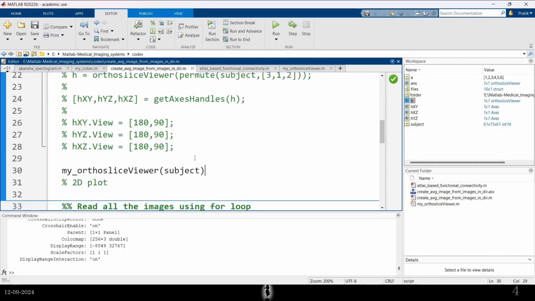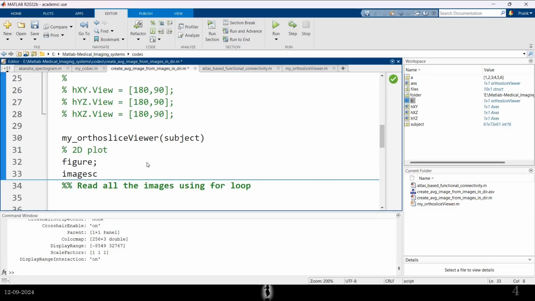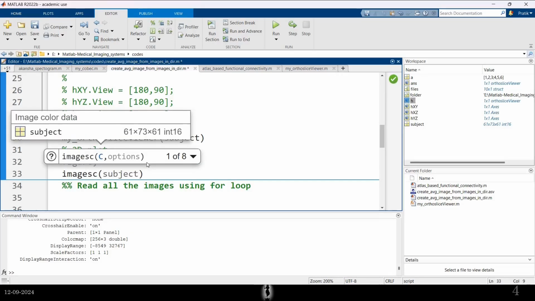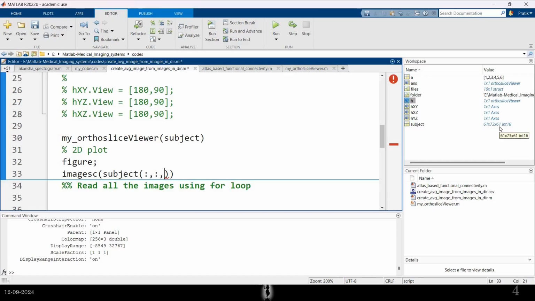Once that is done, let's say we just want to deal with some slices, and we don't want to see the image in 3D but just a slice of the image. So people usually use what is called imagesc, again a MATLAB function. imagesc requires a two-dimensional matrix. Now subject is a three-dimensional matrix. You can see it here. Let's say I just give it one particular slice. This image is 61 cross 73 cross 61. Let me give it one of the middle slices, let's say 30,